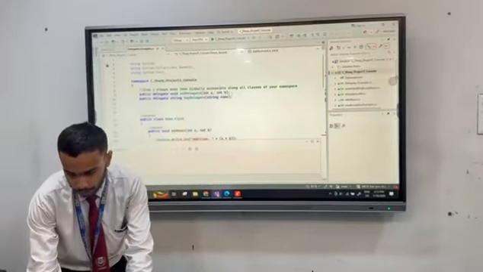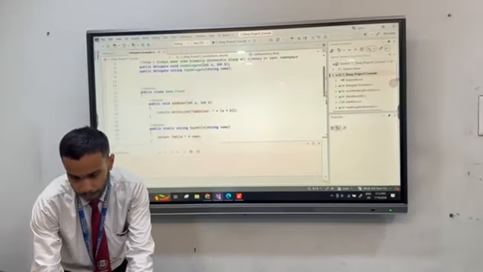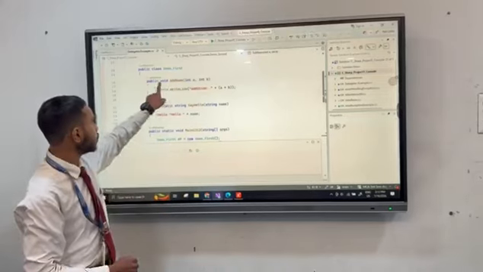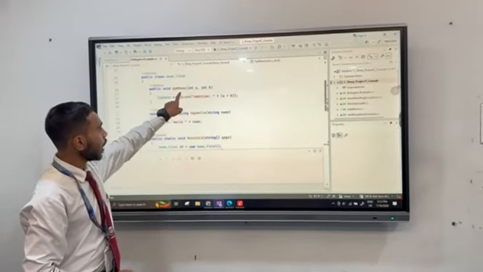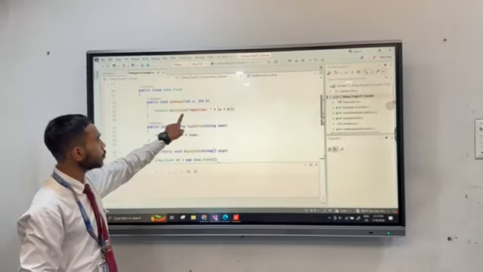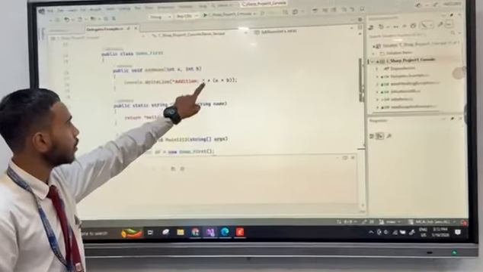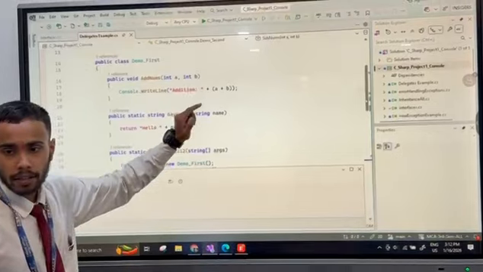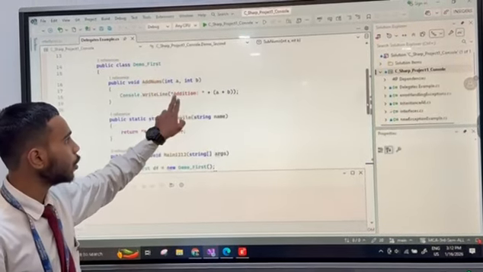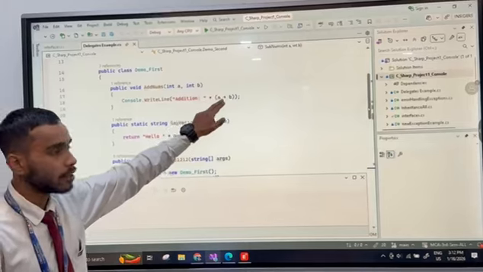Now I'll show you the implementation of the first class, demo first. There is the add numbers method, and I have defined that. It is going to print with a message the numbers you are providing in the parameters. It is going to do their sum, and attach the string addition and the result.